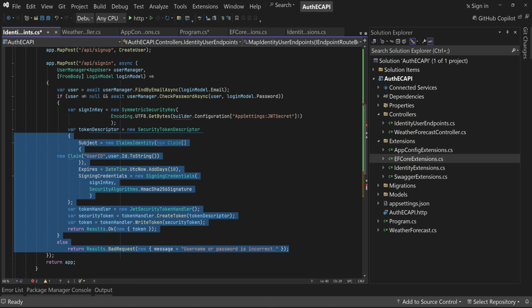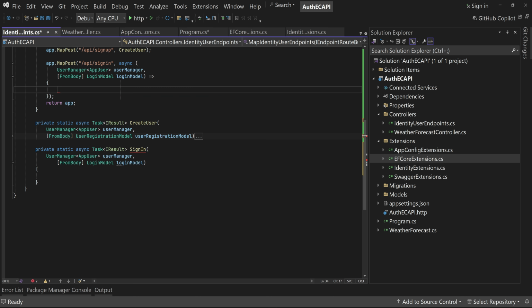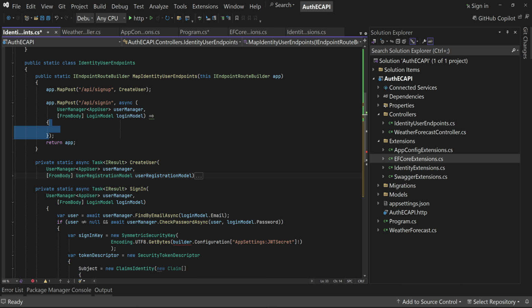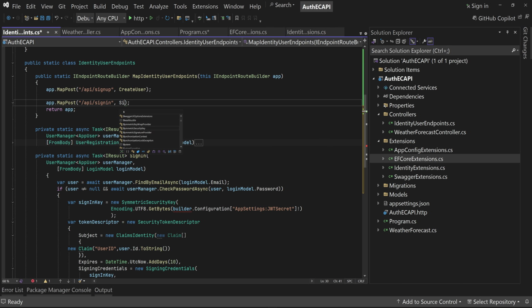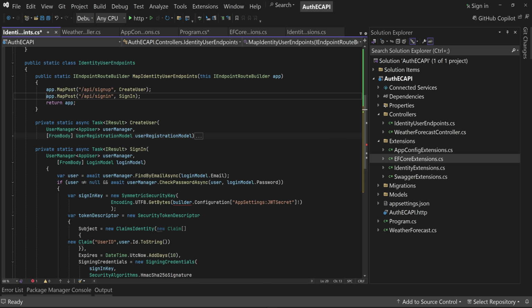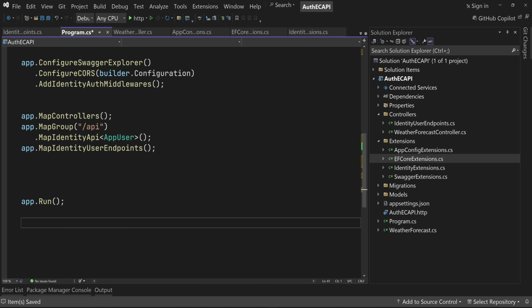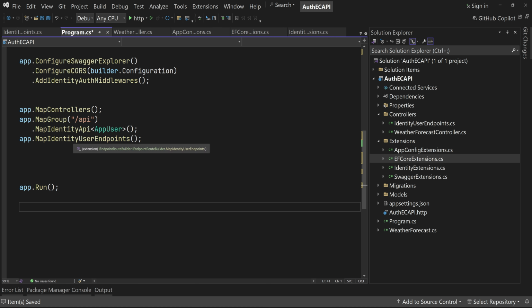Now let's move everything we have inside this lambda expression. Now instead of this lambda expression, we can pass this method SignIn. That's it. So with this method invocation inside this Program.cs file, MapIdentityUserEndpoints, we have mapped every web